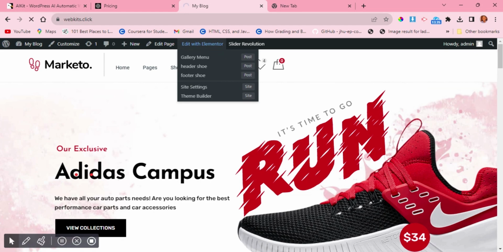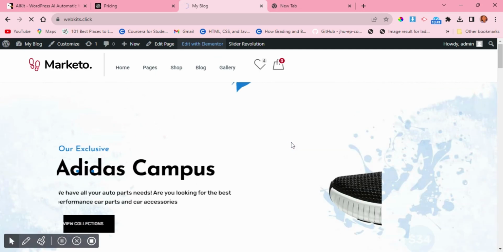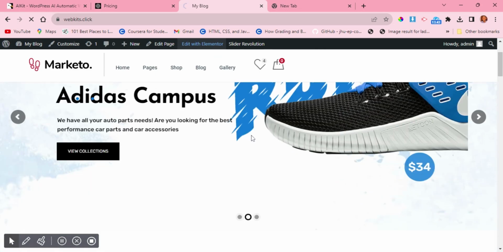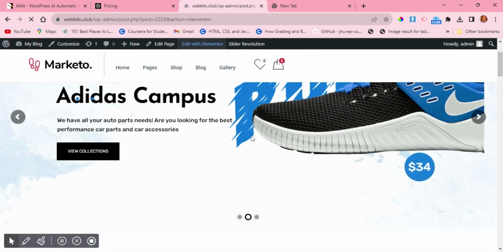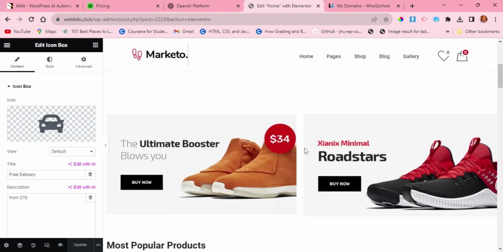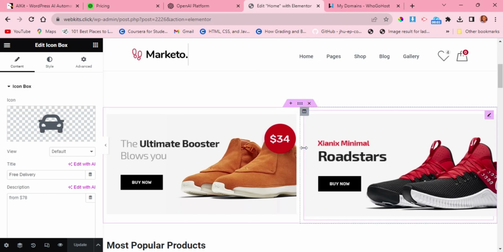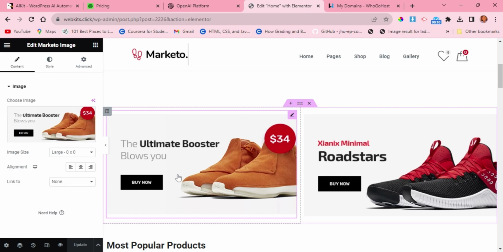So once you edit this in Elementor, you can easily add your own designs. I'm going to show you how to change this design. So the first thing you need to do is to click on this image, and then it will show the image here. Then you can